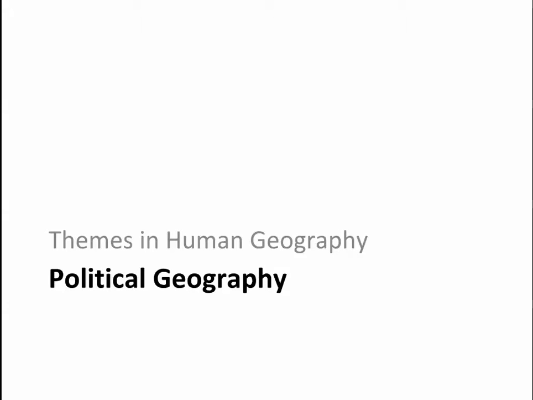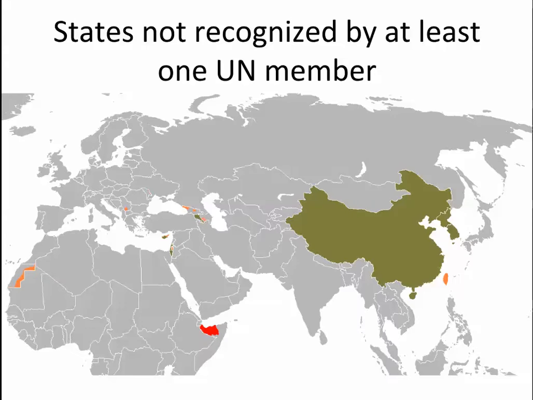So let's begin with the idea of political geography. Political geography as a human component asks the question about power relations, governance, and the state. So when we look at political geography, I want to give you a couple examples here. The first is the idea of the state. Today we take it for granted that a country is a country. A country is what we deal with on a political level. But we have to recognize that that's really a new idea.